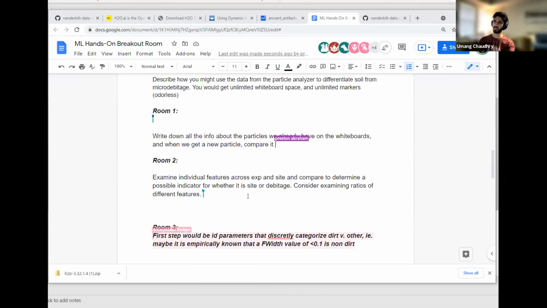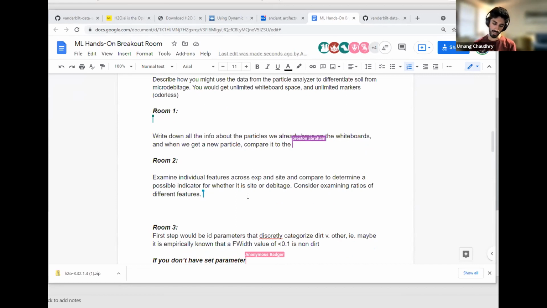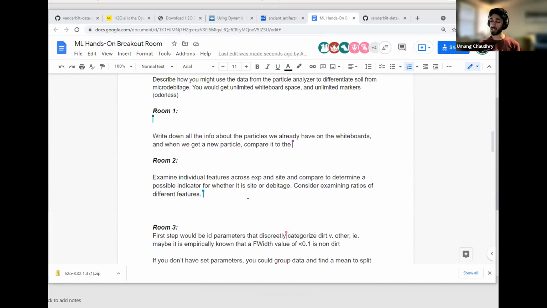I can. We started looking at the numbers that were staring us in the face and realized each of them was a different feature for each of the particles that were examined. So we're trying to see if there are similarities between the feature values of all the site ones and all the experimental ones, and compare the averages of site and experimental. Or, because there are so many variables, consider ratios of different features and compare those instead of comparing each feature one at a time, to speed it up.